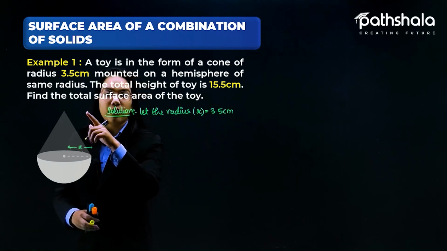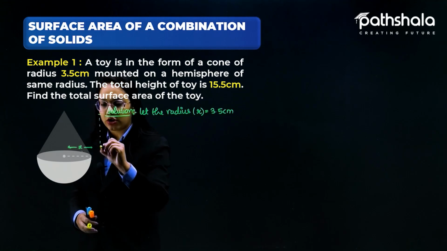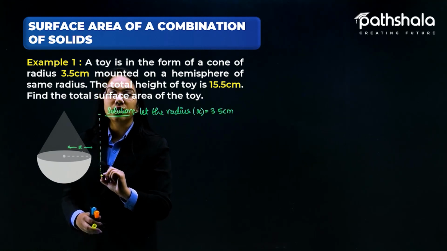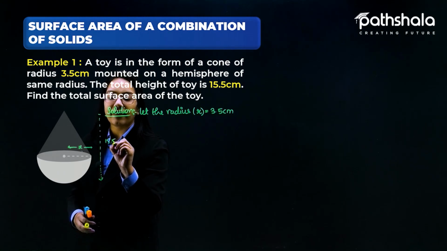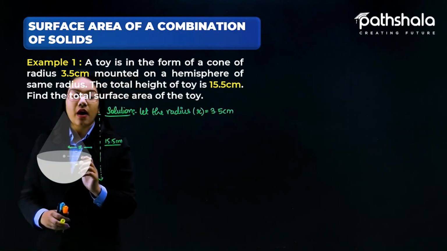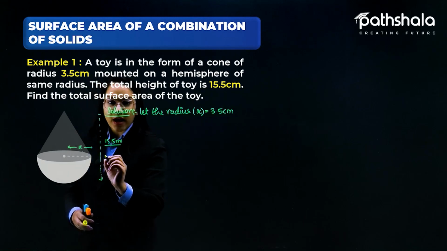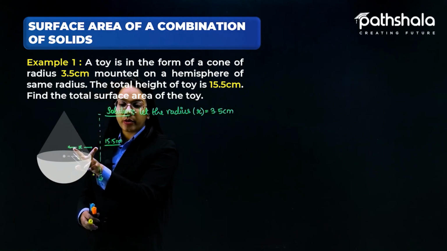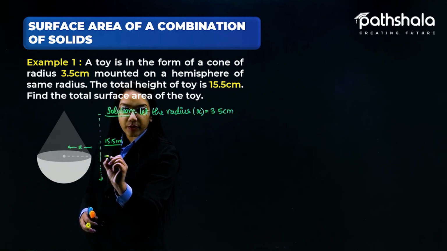So if I'm just talking about the height of this toy, this is nothing but 15.5 centimeter. And now as you can see, if I'm just talking about this particular hemisphere, we know that if this radius is 3.5, it means that